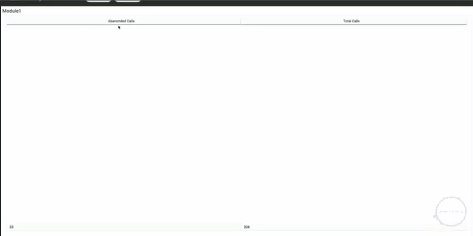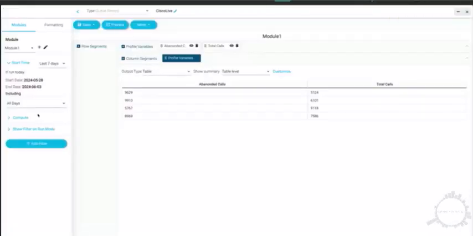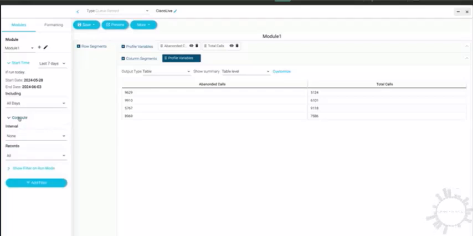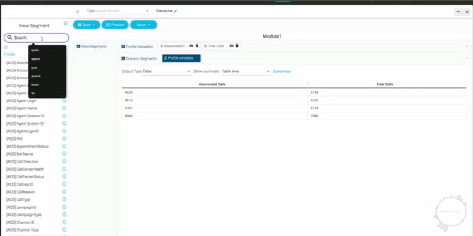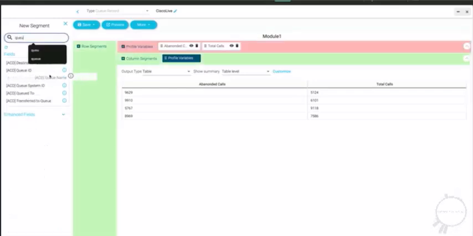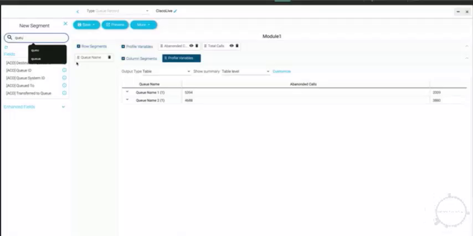Not actually, right? Not particularly useful, not particularly valuable in this case. We have some basic data, but we need more. So that's where we're going to start to do things like segment this data. That's where we're going to bring in other value types. So we know that we want to look at queue name. So I'm going to drop in a queue name here as a row segment, and we'll see how this perspective